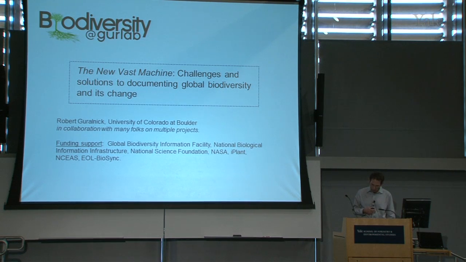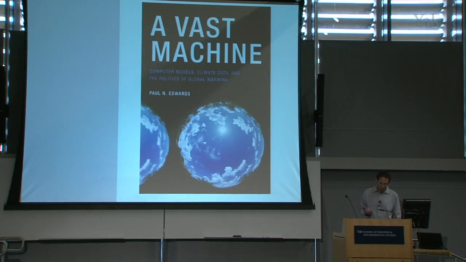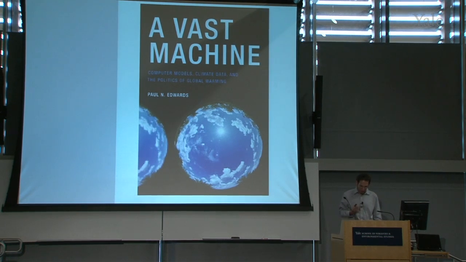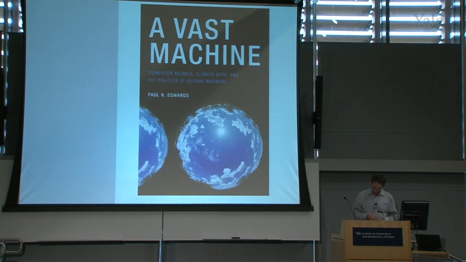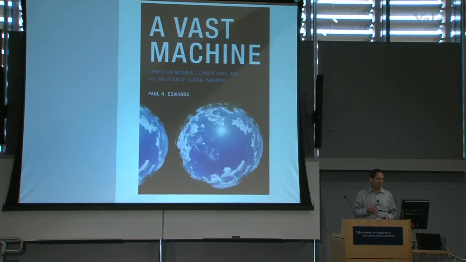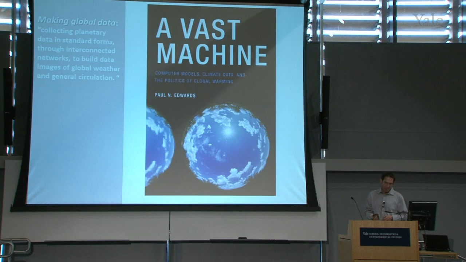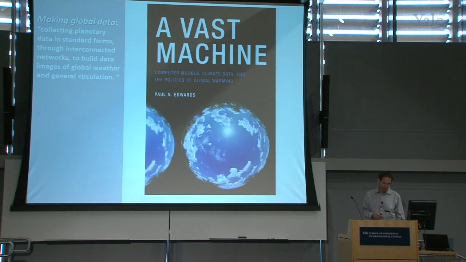And so Paul Edwards, who's the author of A Vast Machine, makes a set of excellent points about distinguishing what he refers to as making global data from making data global. And so I want to just give you a quote that kind of covers his view on making global data and making data global. So making global data, and this is a quote from the book, is collecting planetary data in standard forms through interconnected networks to build data images of global weather and general circulation. He contrasts this to making